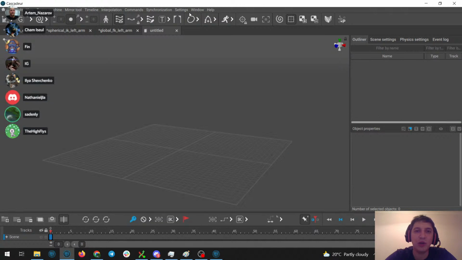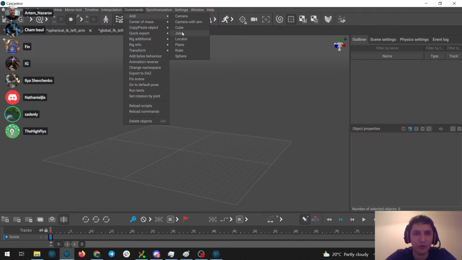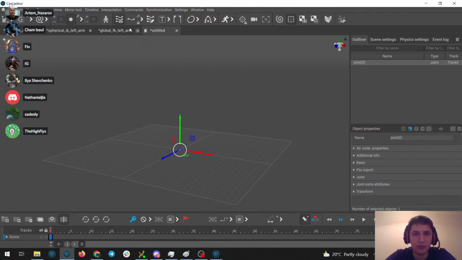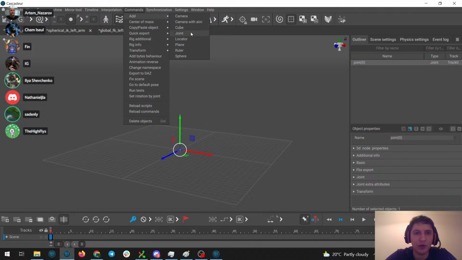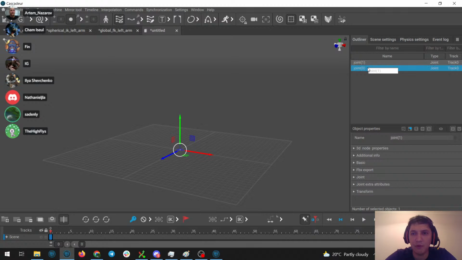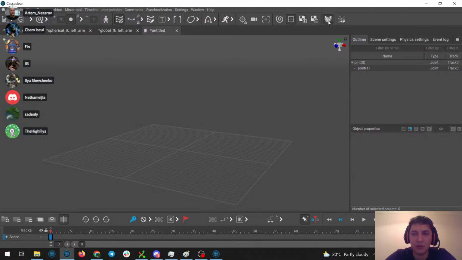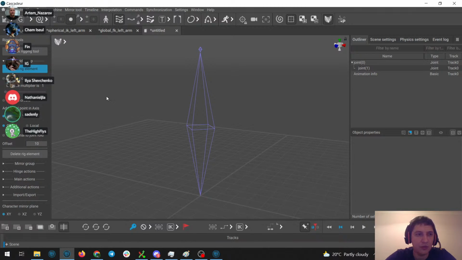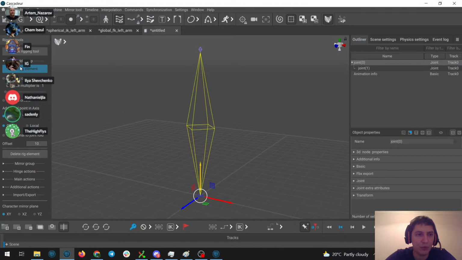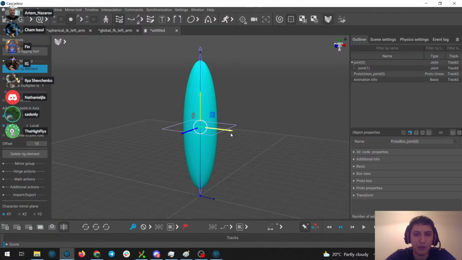Yeah, and by the way, I wanted to show how you change the color. So let me create a couple of joints, so it will be a very easy rig, and go to rigging mode, add a rigging element, and we'll see this box controller.